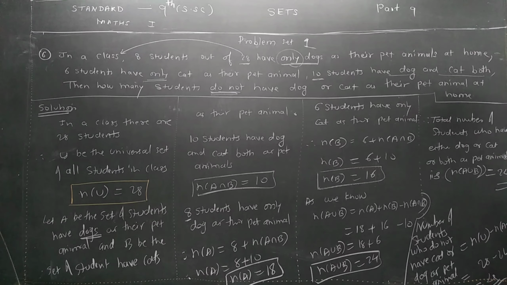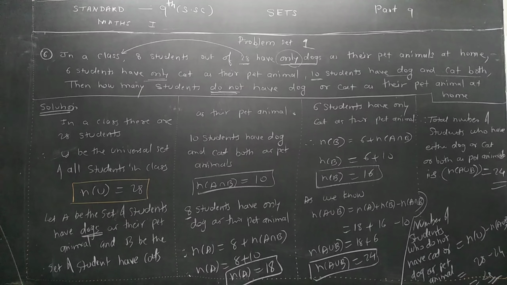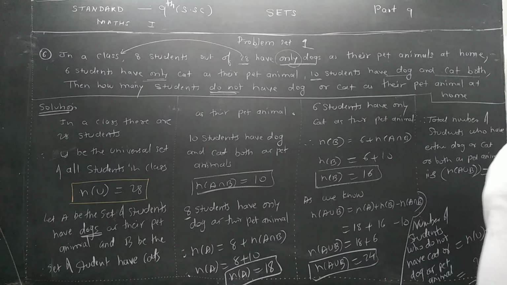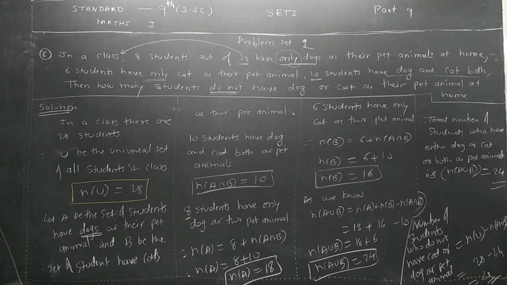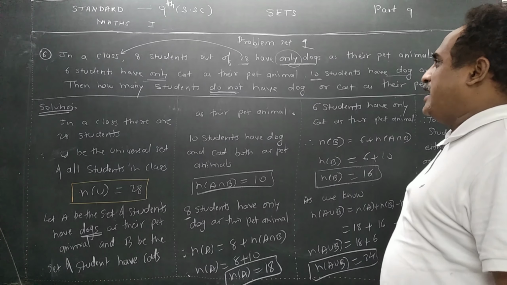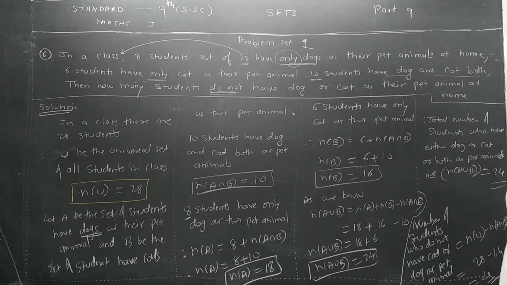This question, now that you have just come to 9th, may look a little grown up while reading the question. When we started sets, maybe it felt like what topic is this, sets, collection, well defined collection. Then we went a little further on how to write the sets. It was a little fun, but not that much fun. Then when we started with the types of sets, more interest built up. Then we came to the number of sets. Then we studied what? Intersection of two sets, disjoint sets, then union of sets. Then we came to know this formula.